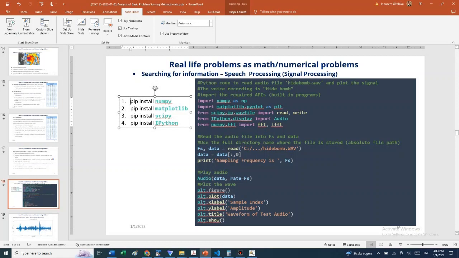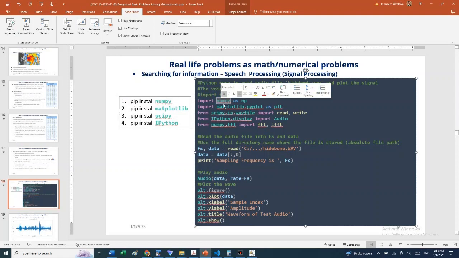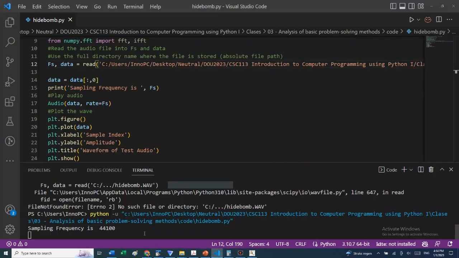In fact, if you are running it for the first time, you run into errors, because these libraries, these built-in application programming interfaces, do not just stay in Python automatically when you install Visual Studio Code or when you install Python. You have to install them one by one from the Python repository. So if you got any error here,